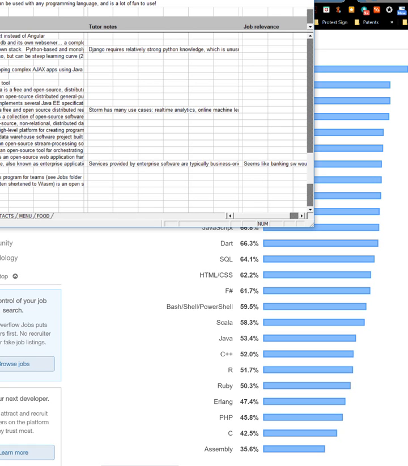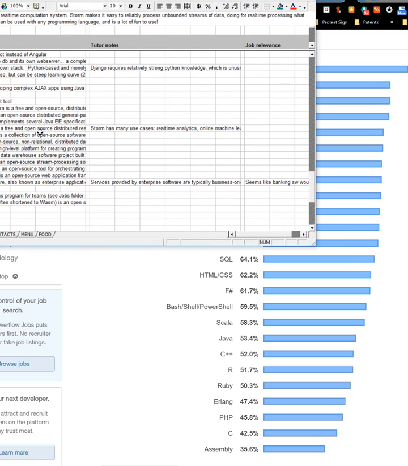Real-time computational systems for the Storm. That's based on Clojure too, by the way. Again, I was intrigued by that. So apparently Clojure is a big language for that, I believe. One of these it is. I'm pretty sure it's that. I don't know if you see Clojure up there anywhere. Well, I guess you can't see Clojure here.